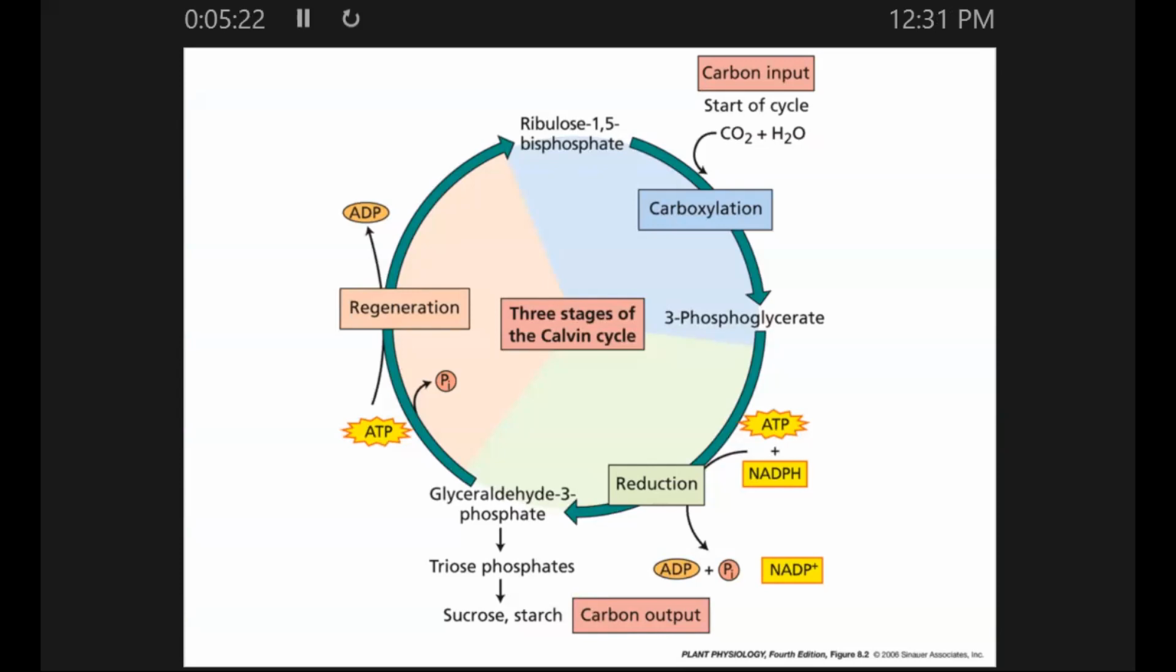So this is the big picture idea of what's happening during the Kelvin cycle. I refer to this as the pie chart diagram. So if you hear me say the pie chart diagram, this is what I'm talking about, all right? So they've broken it down into 3 stages. So the top right is where it kicks off, where you have the,